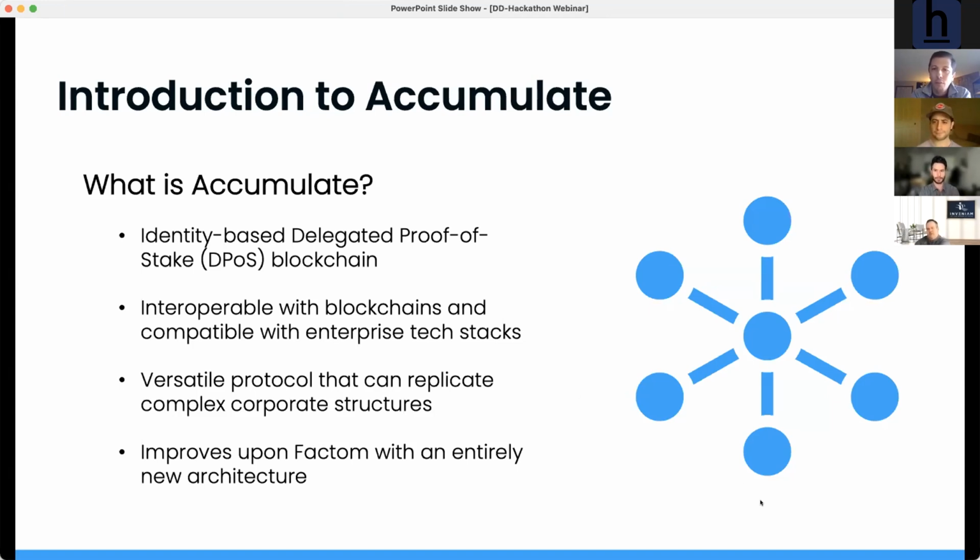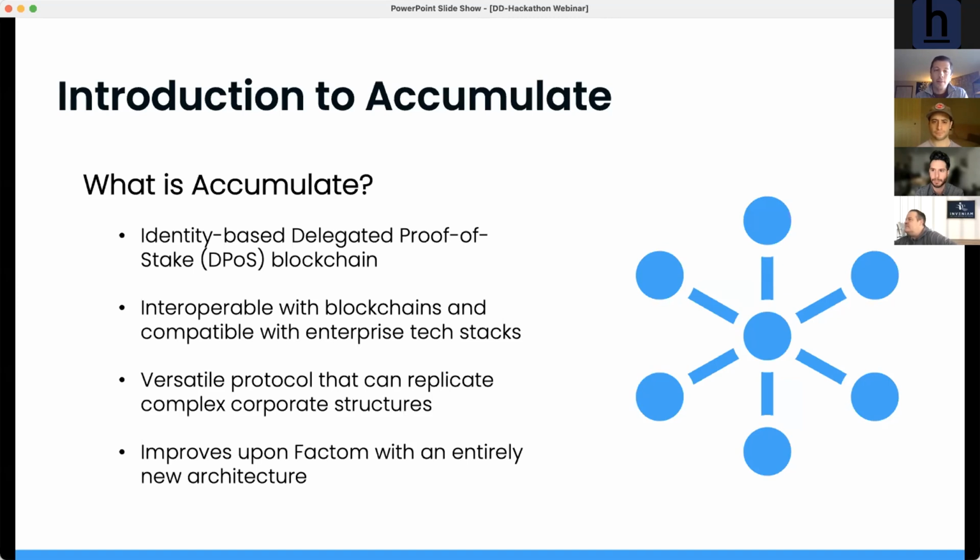So the Accumulate protocol isn't really a layer 1 or layer 2 blockchain. It's something entirely different. As Jay Smith, our VP of Business Development, likes to point out, we're more like an ocean that seamlessly connects blockchains and traditional enterprises. We're the first blockchain to be organized entirely around digital identities, which take the form of light accounts for simple data or token transactions, and Accumulate digital identifiers that are versatile identities with the ability to issue tokens, manage keys, and stake assets, among other things. These powerful functions enable users to replicate complex corporate structures, build new kinds of decentralized apps, and fully engage in